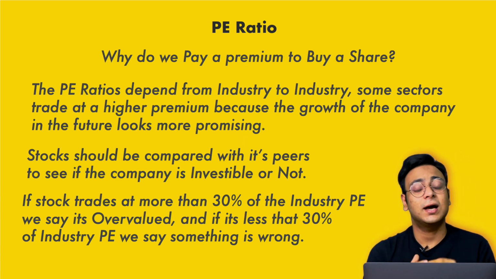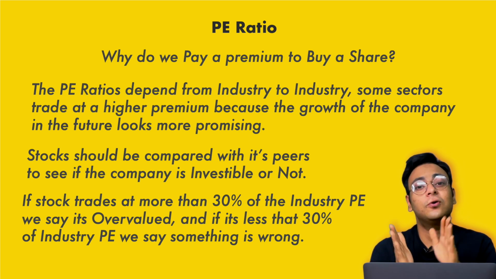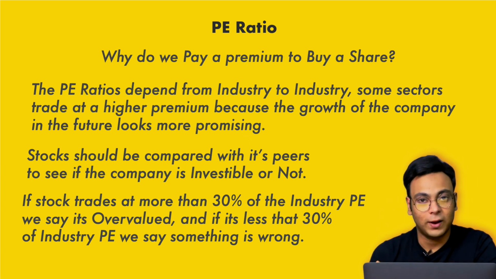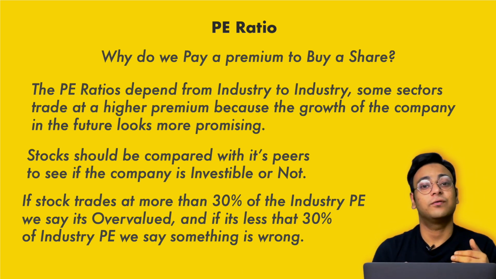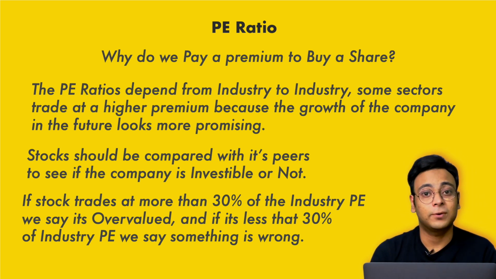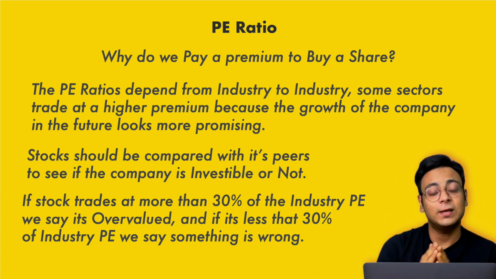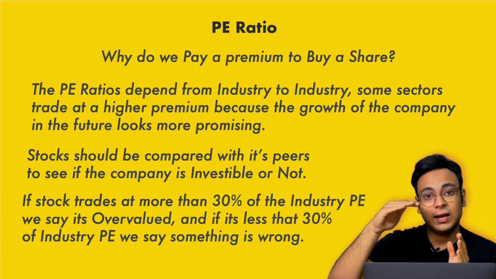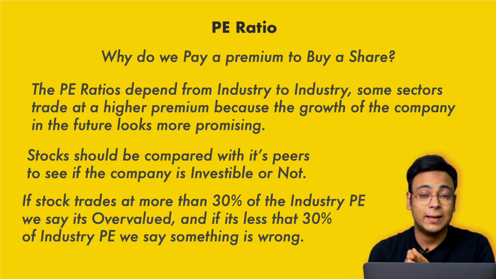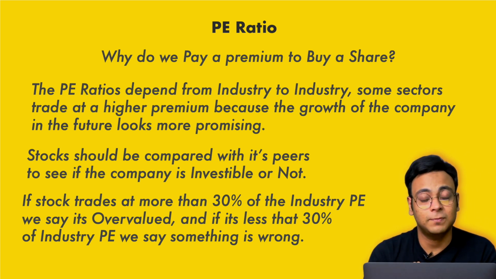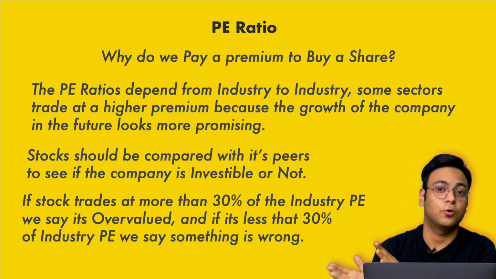Generally, whenever we see a company's PE ratio more than 30% above the industry PE ratio, we say the company is overvalued. Again, if we see a company trading below 30% of the industry PE ratio, we say the company is not positive. There can be something wrong with the company, because a company will generally trade between the actual industry PE ratio or up to 20 or 25% below that. If it's trading below 30% of the industry PE, then the company is not suitable for investment. We'll cover all of this as we go forward in the video.